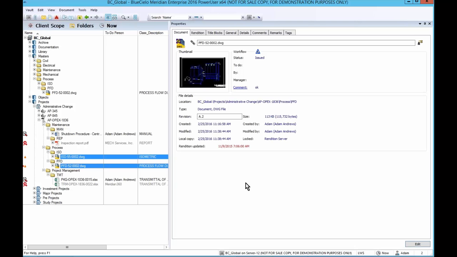So what we saw is that these documents have gone through a workflow, have been reviewed, and now have been approved. Notice that we have a lock here telling us that the document is being renditioned. A PDF is automatically generated for us. And this PDF is actually going to be the one that we're going to show maintenance and everyone else in